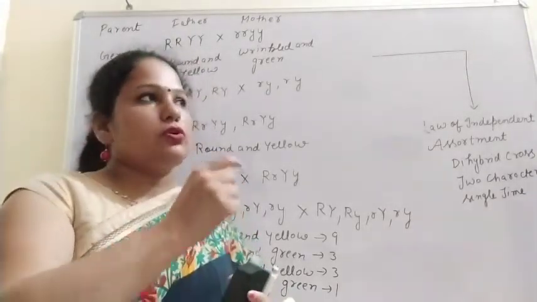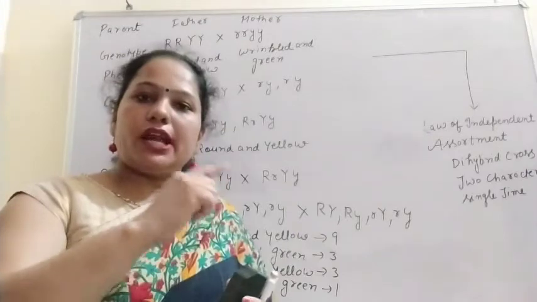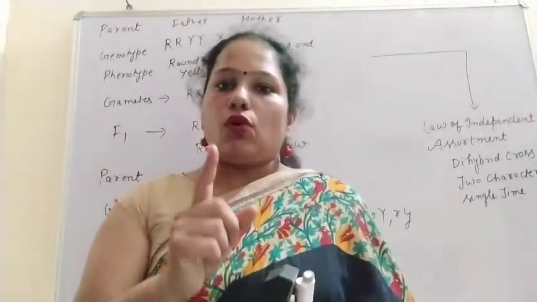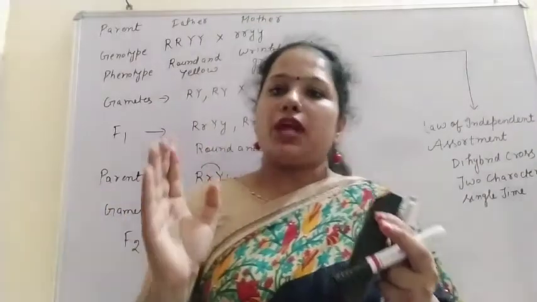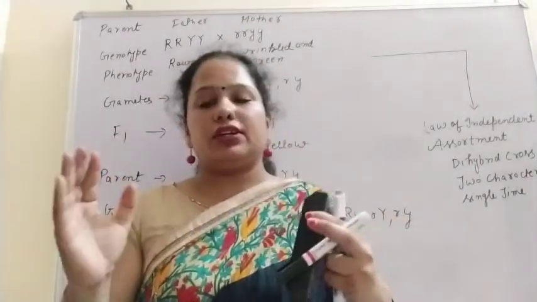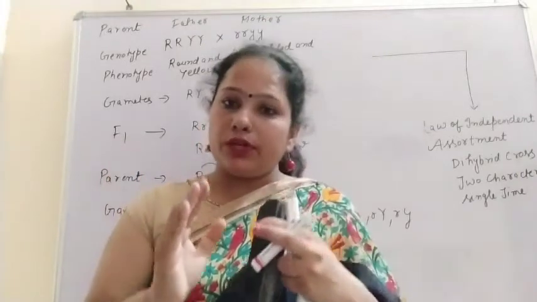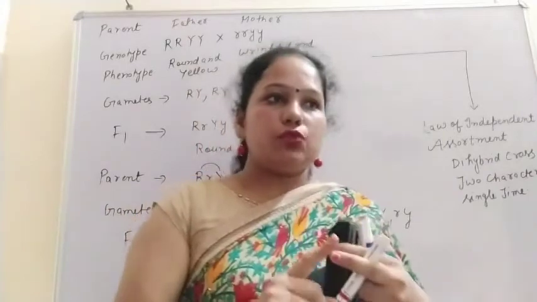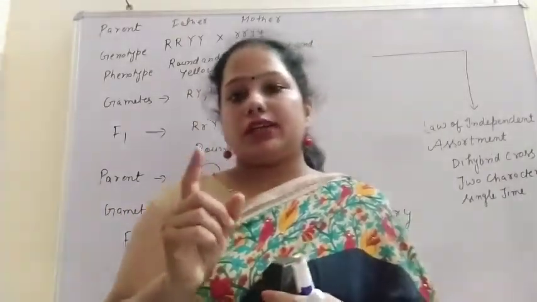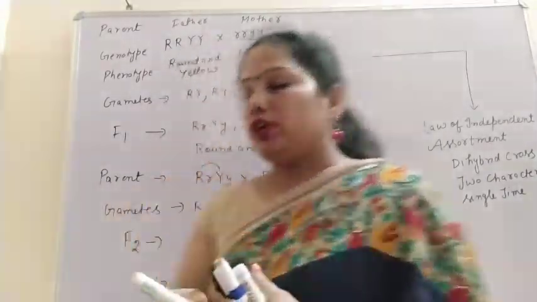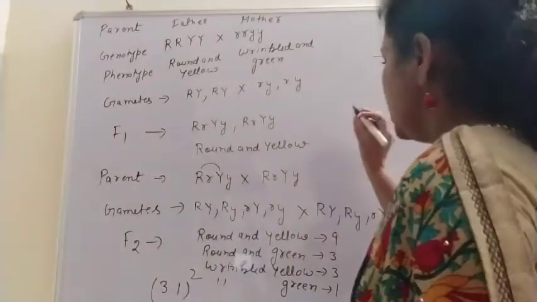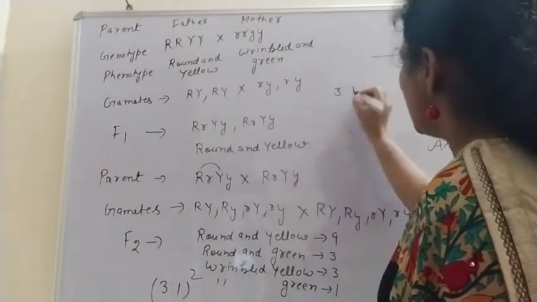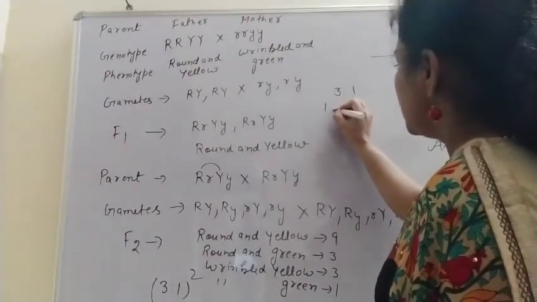So the capital letter is the dominant, and it is expressed only in the F1 generation, because in the F1 generation all the plants are tall, or any character we can take. So only the dominant character is expressed in the F1 generation. But in the F2 generation, the recessive character is also expressed. So what was the ratio in the F2 generation in monohybrid cross? The phenotypic ratio was 3:1, and the genotypic ratio was